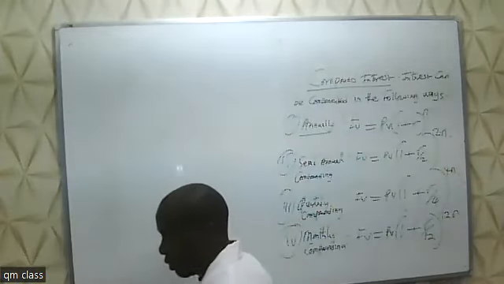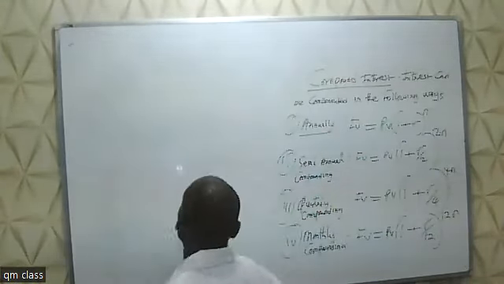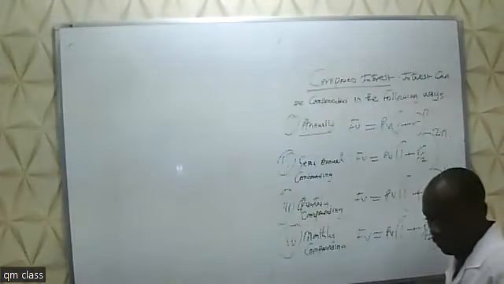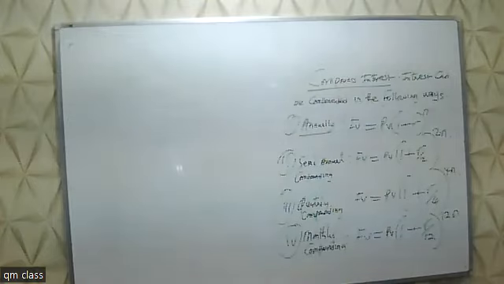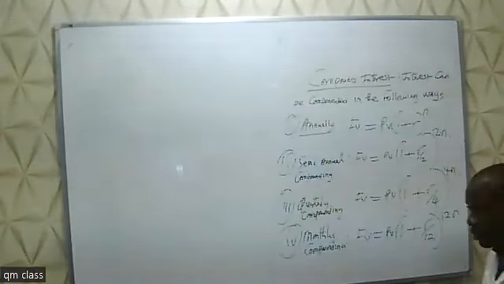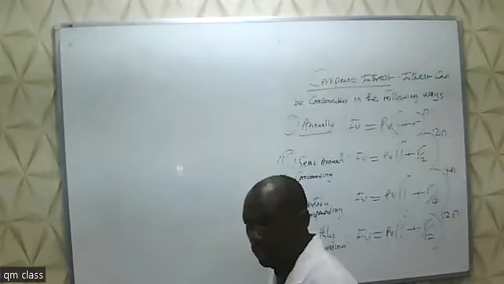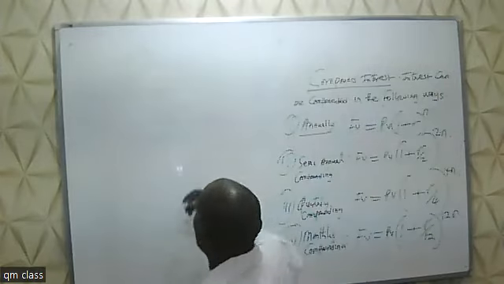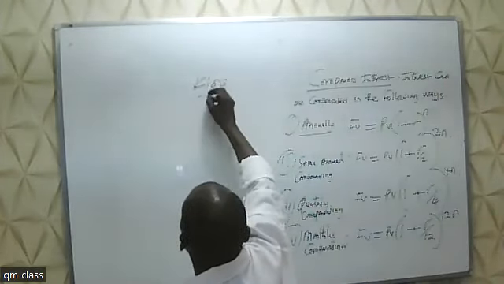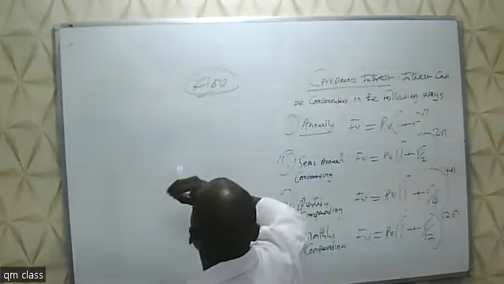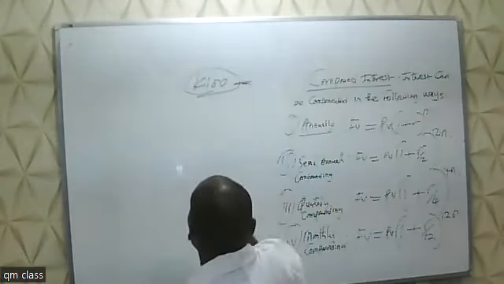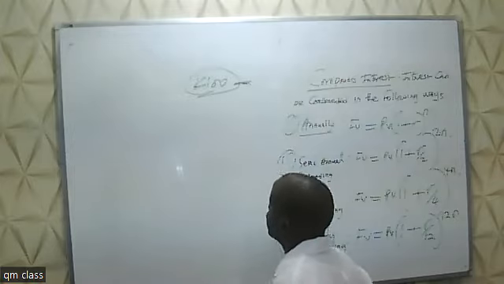The essence of this topic that you're looking at, time value of money, is that it's better somebody pays your 100 kwacha now or today than 2 years from now, because the purchasing power of that 100 kwacha would have reduced. What you can buy from 100 kwacha today is not what you can buy from 100 kwacha 2 years from now, because it will lose its value. You cannot buy the same thing from this amount after 2 years. Then this value would have reduced.